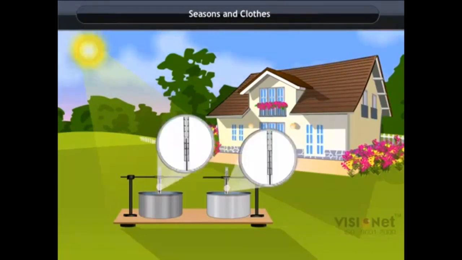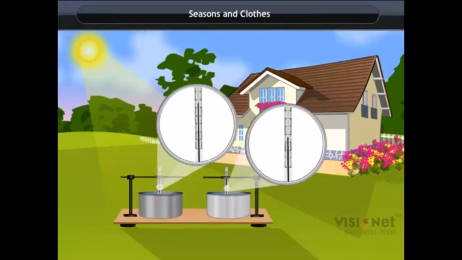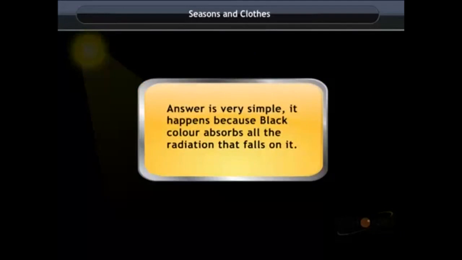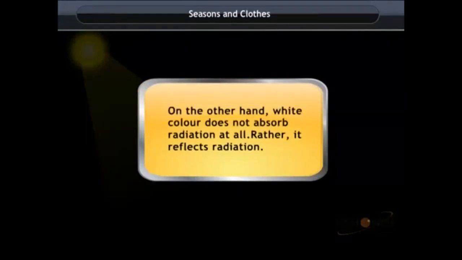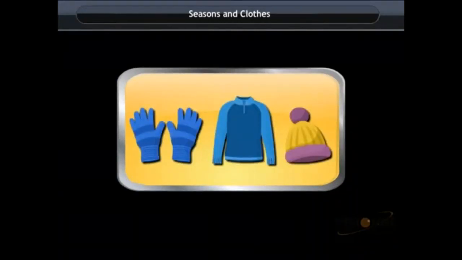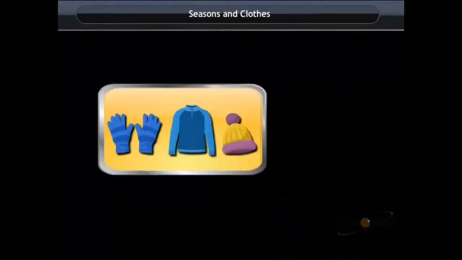Why does this happen? The answer is very simple. It happens because black color absorbs all the radiation that falls on it. On the other hand, white color does not absorb radiation at all. Rather, it reflects radiation. Why do we wear black or darker shades in winters, whereas white or lighter shades in summer? Black color absorbs more heat but loses heat